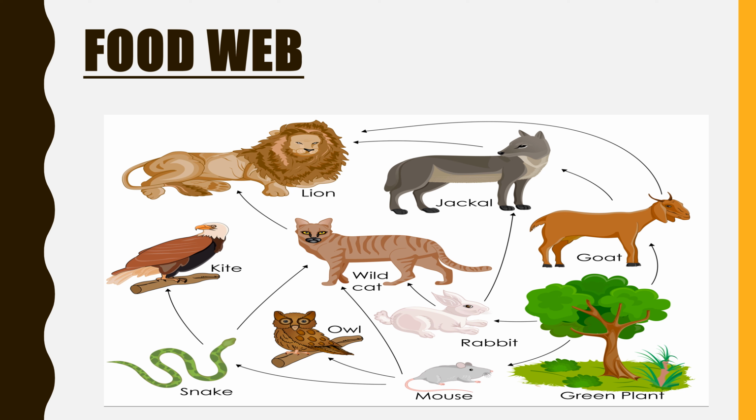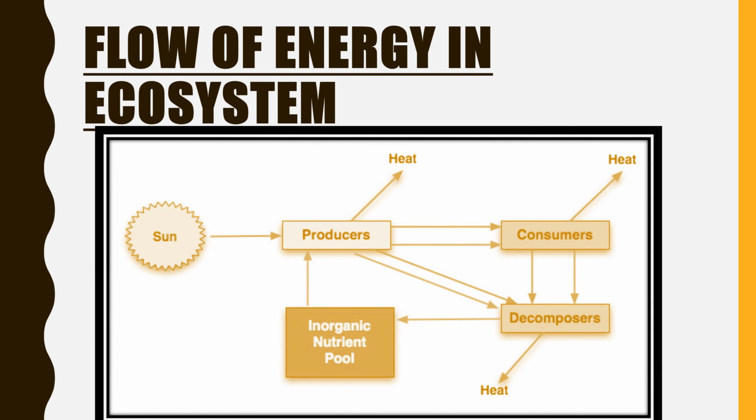Now I'll be explaining to you the flow of energy in the food chain. How does energy flow? All green plants, that are the producers, can trap energy from the sun. All food chains start with plants. We know that. Thus solar energy is transferred through the food chain. Okay. Now green plants convert solar energy into chemical energy present in the food. Some energy gets stored in the plant while the rest is used by them.